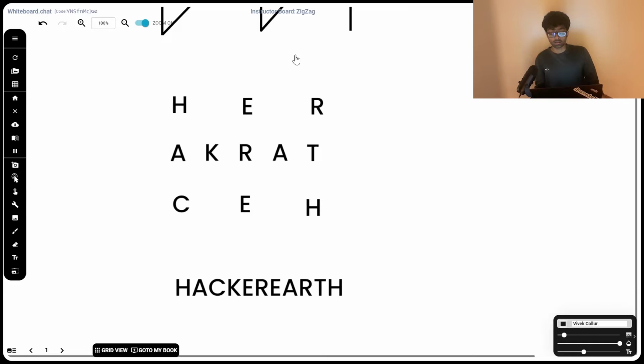We're first going to tackle our first row. What elements are present in our first row? H, E, and R. And similarly, the last row, C, E, and H. So H is the 0th element, C is the 2nd element, E is the 4th, the next E is the 6th, R is the 8th, and H is the 10th element. Can we do anything with those numbers? Following that, we'll have to look at how to tackle the middle row elements.